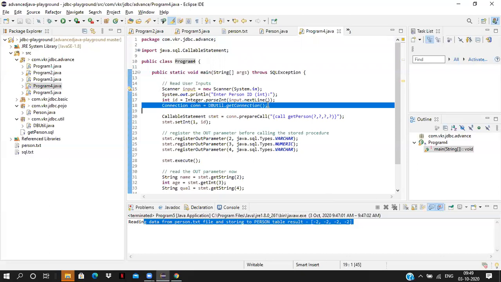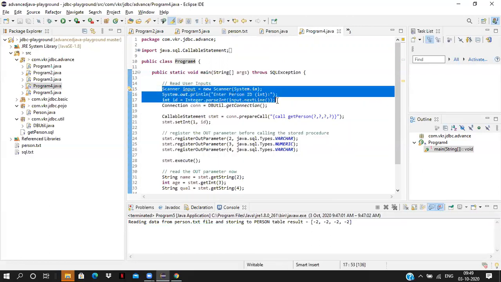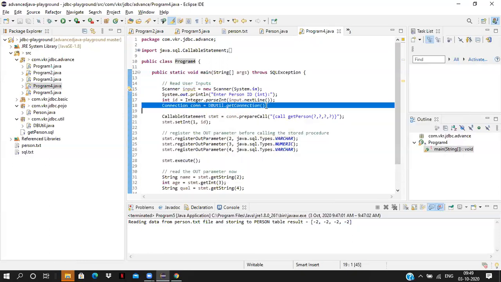We are taking the person ID as an input from the console here by using scanner class. It will ask to enter some value in the console. Once we enter some value, then only it will proceed to the execution. So I created connection object.